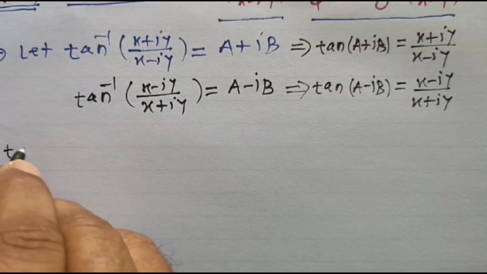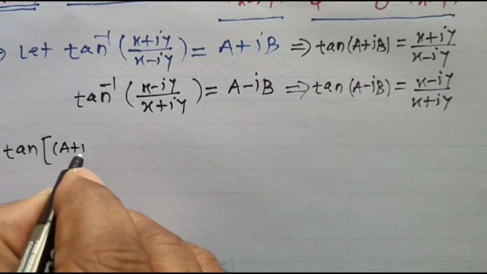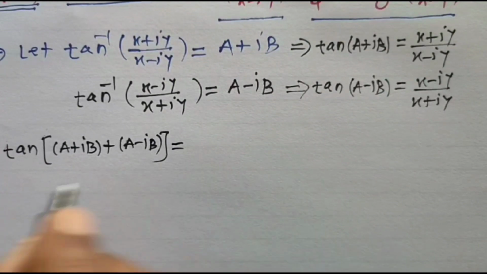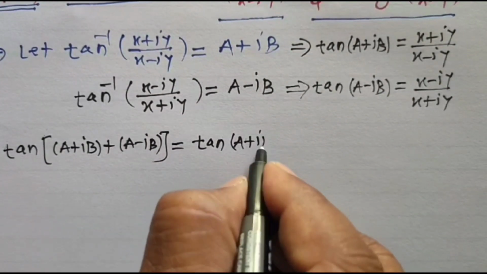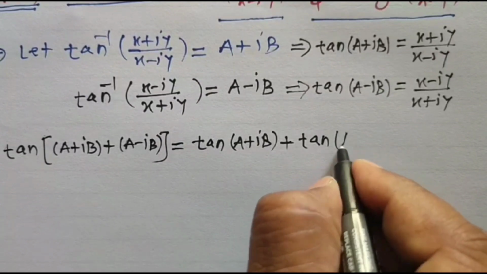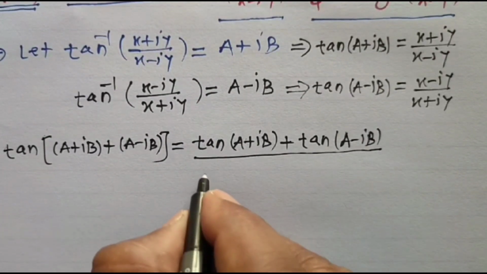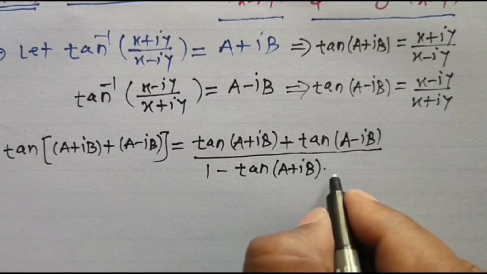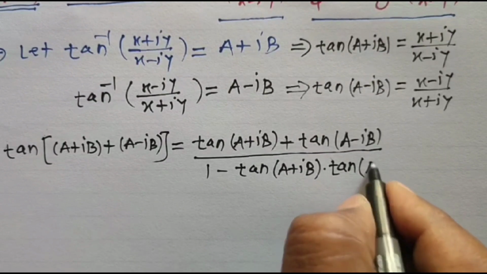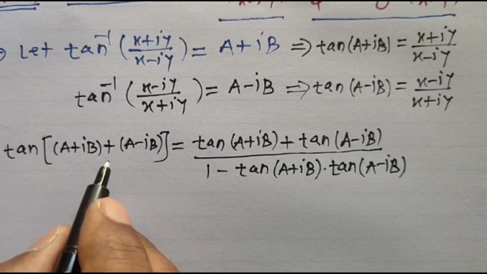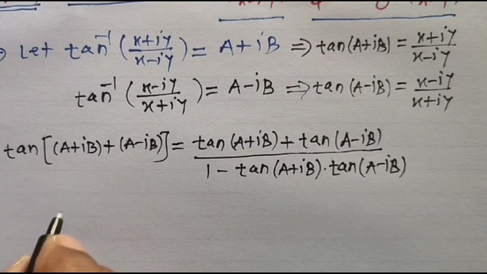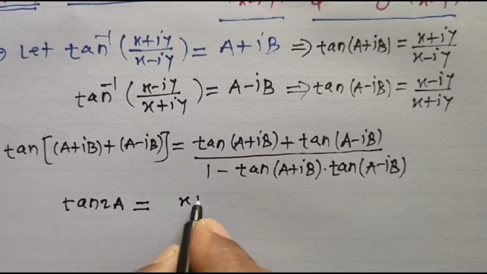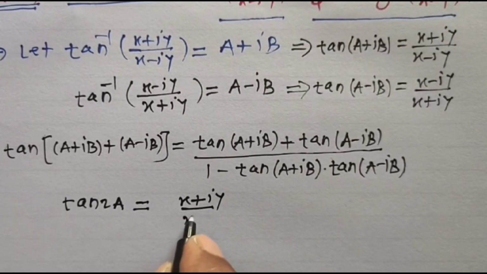Now tan of (a plus ib plus a minus ib) is equal to tan of (a plus ib) plus tan of (a minus ib) divided by 1 minus tan of (a plus ib) into tan of (a minus ib). But a plus ib plus a minus ib is equal to 2a. Hence the left hand side becomes tan 2a, and now on the right hand side, x plus iy divided by x minus